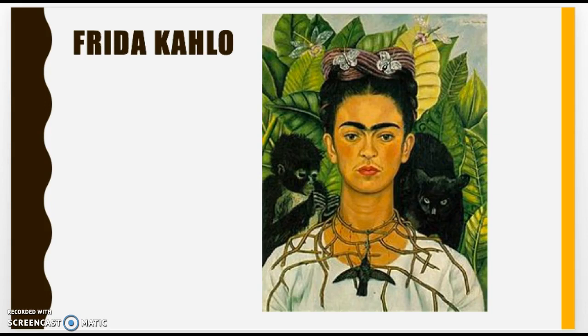So by looking and taking time to think, you probably are noticing, well, she's got animals in this self-portrait. She is maybe in a jungle or outside. There's lots of leaves around her. She has a bird necklace. So what do those images, what do those things that she's included tell us about who she is? Think about that.